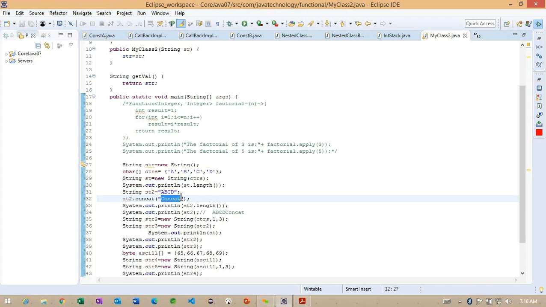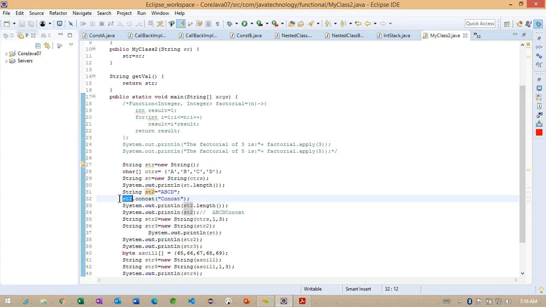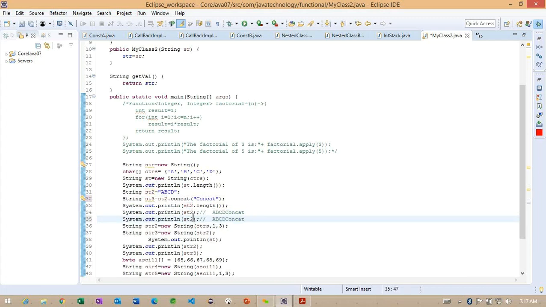Once an object is created, we cannot change it with the same reference here. This same reference is already available in the pool. Whenever we try to update an existing object, the existing object is not going to be updated. To update it, what do we need to do? Now str3 equals concat, along with this str2; I'm going to create str3 here.